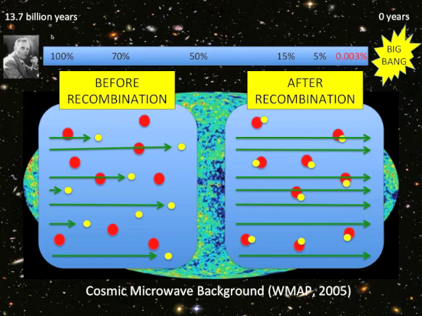But the universe is expanding and is cooling down, right? And eventually it reaches a low enough temperature and low enough density for the electrons to start moving slowly enough to be captured by protons. Remember that protons have positive electric charge and electrons have negative electric charge, so they attract each other and form atoms, right? So that process happened very sharply in the history of the universe, roughly when the universe had 400,000 years. So 400,000 years after the Big Bang, this recombination happened.